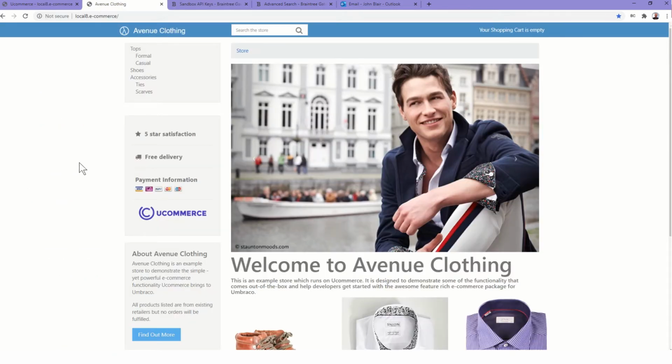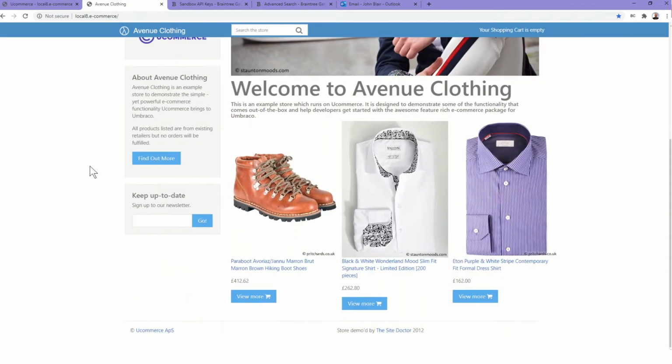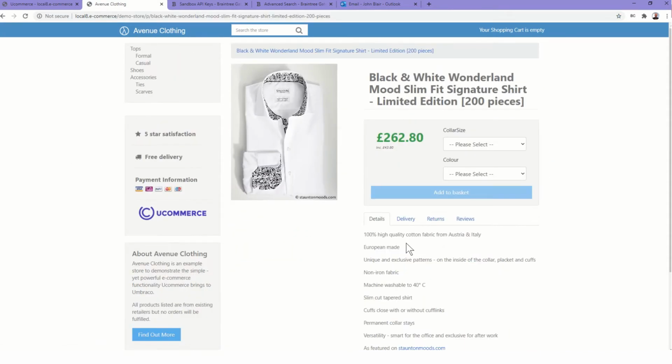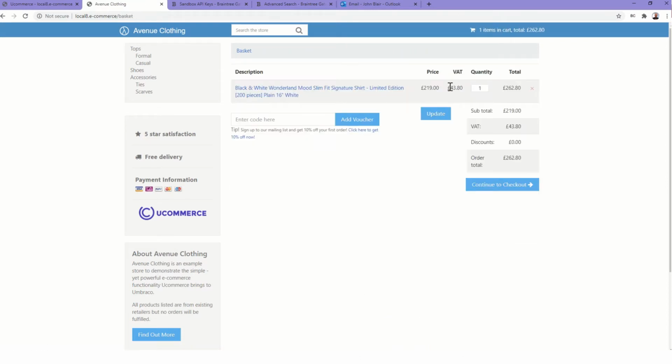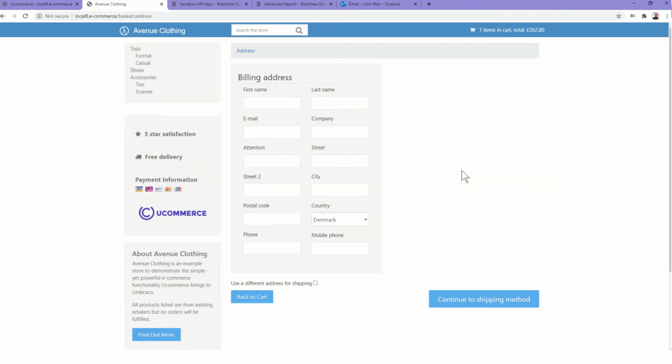Alright, let's take a look at the store then. So when you install the store, this is what you get out of the box. You can see that the cart's empty, so we'll place an order for a shirt, so 262.80. You'll see 20% VAT is kicking in there, and we're going to proceed to the checkout,